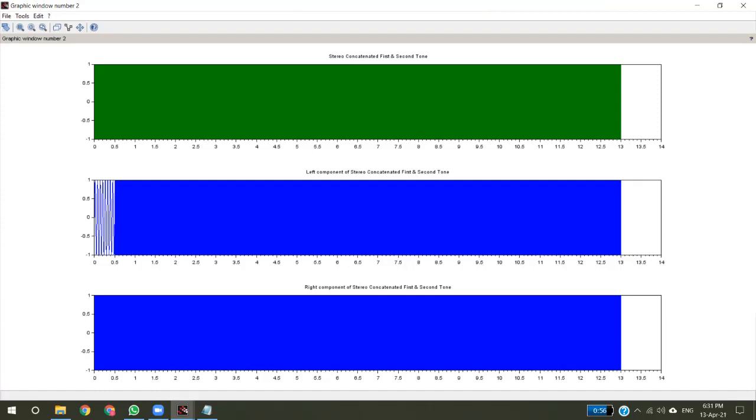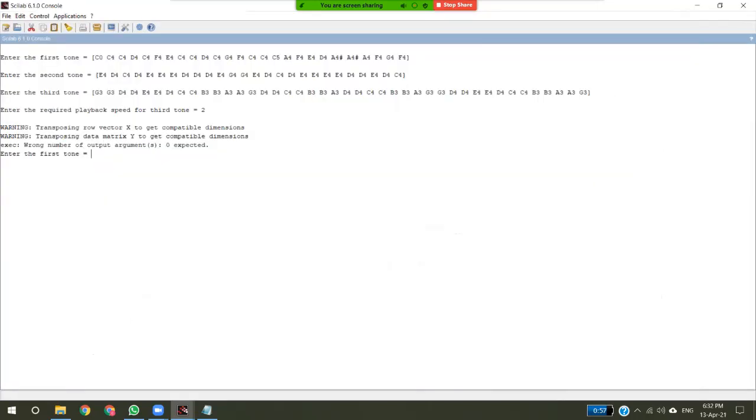And after that we have done that the tones are then separated, means on the left side of your earphone you will be able to hear the first tone, and on the other earphone you will be able to hear the second tone. We just added the two sounds and then separated. This was the task for the first code. Thank you.